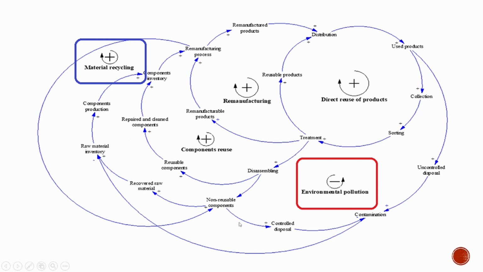If there is no raw material to be recovered, then we will follow a controlled disposal path so that we don't contaminate the environment. Uncollected products can be disposed of in an uncontrolled way, which can affect the environment or cause contamination. So these are the key steps in the circular economy activity, either to reuse the product as